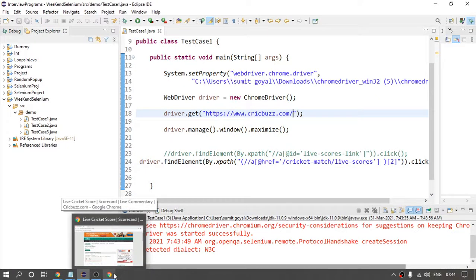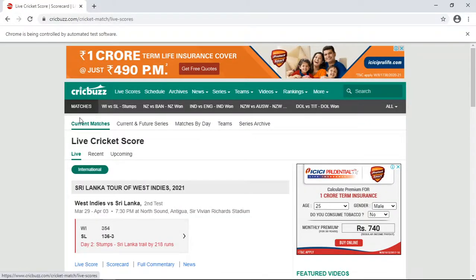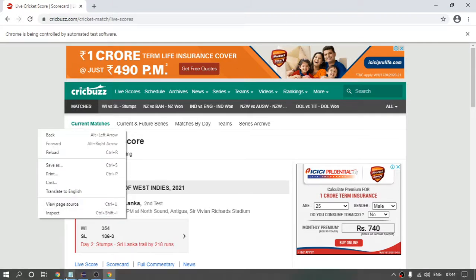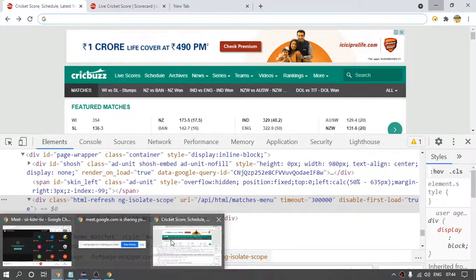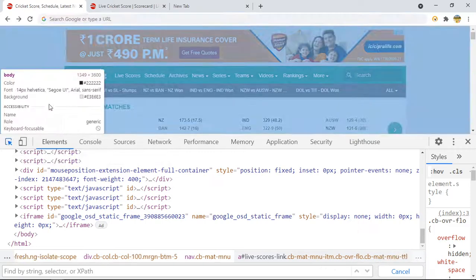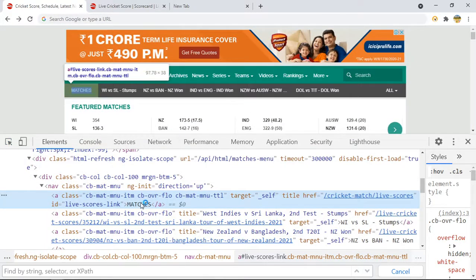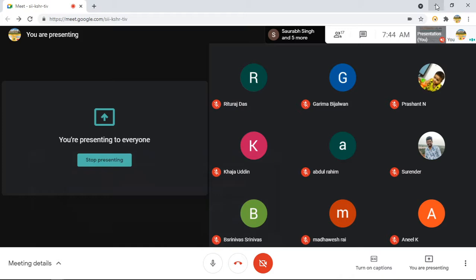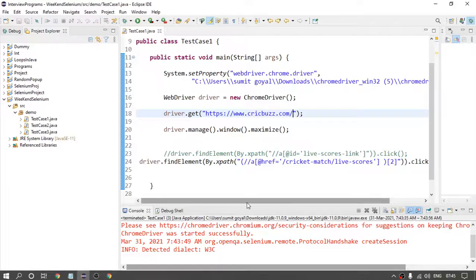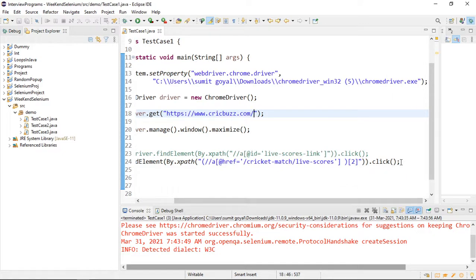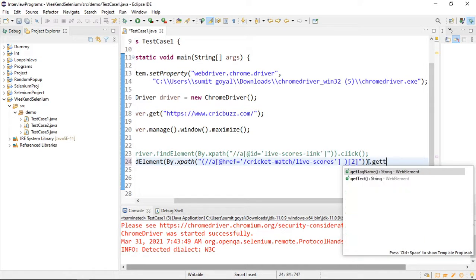Okay, let us take one more example. I think we have already discussed the get text method, right? Yeah, we did. So if you want to get the text of this matches, first I will check whether this matches is present outside of any attribute, right? So you can use get text here. Otherwise you have to use get attribute, which we have seen in the last class. So here, instead of click, you can say dot get text.